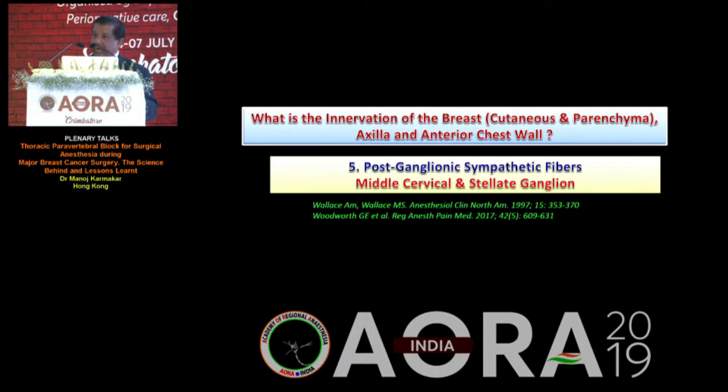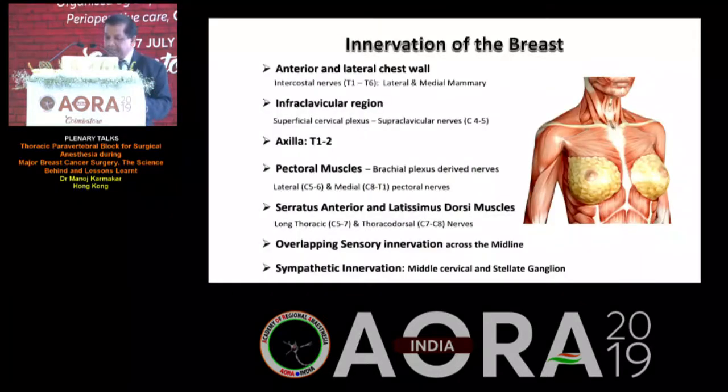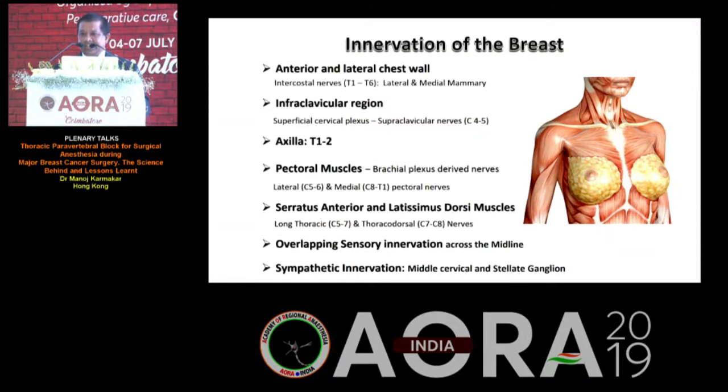Also remember, when these nerves traverse from their origin to the breast, they also carry with them postganglionic sympathetic fibers, particularly from the middle cervical and the stellate ganglion. So there is a rich sympathetic supply. This is a very busy slide, but all I'm trying to illustrate to you is that the breast innervation is more complex than you think. It doesn't only come from the